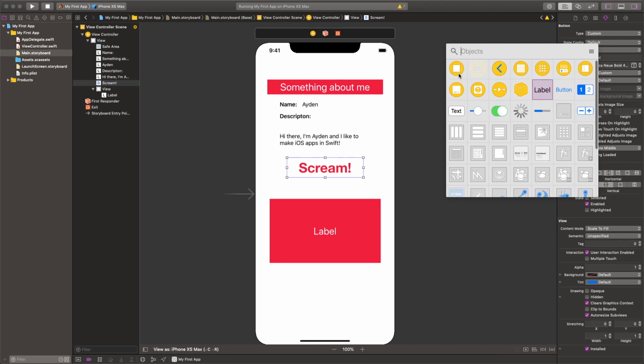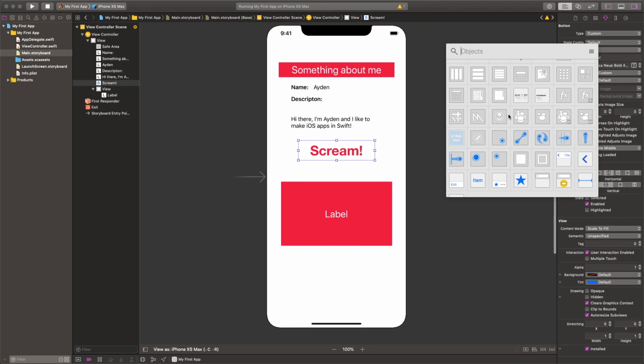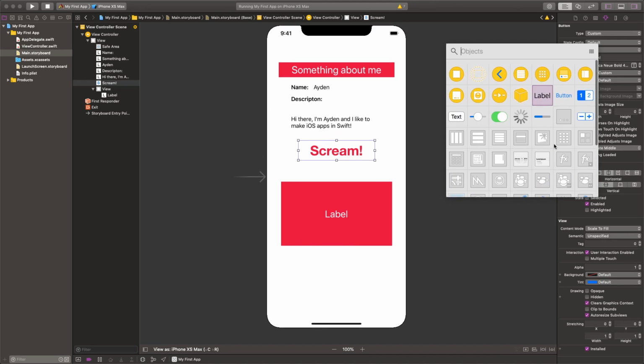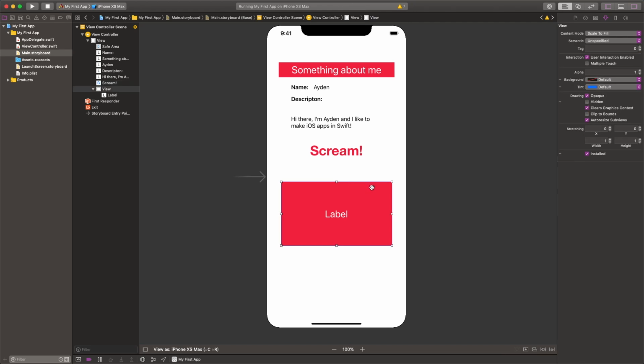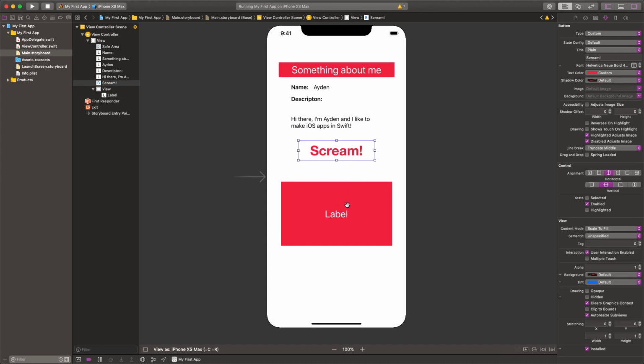Not all of it, actually. The yellow ones are not types of views. These ones are, and our gesture recognizers, they're not types of views either. But we'll get more into all of those different ones later on. A view is pretty much just anything that you see on the screen, and these are all different subclasses of those views. It's important to realize this as we go later down the track, because we're going to be using